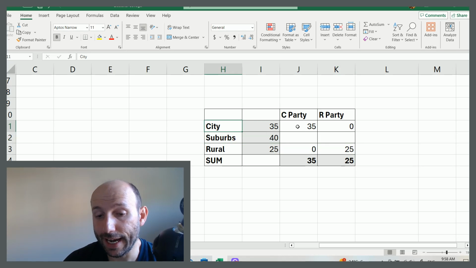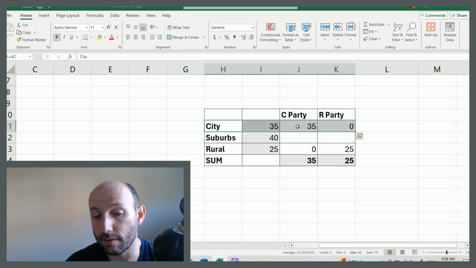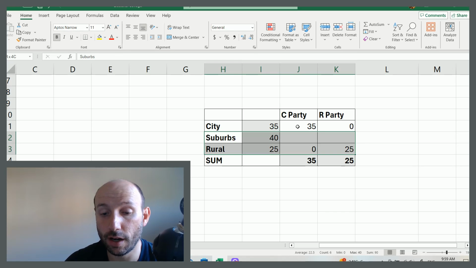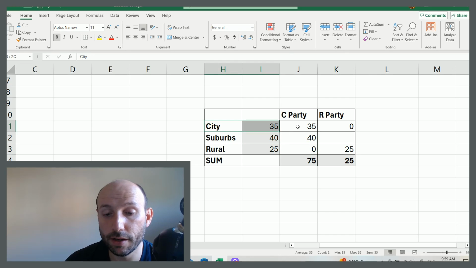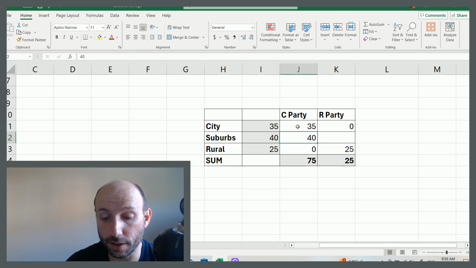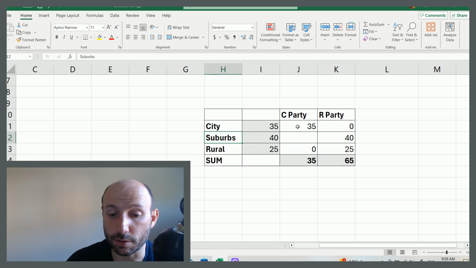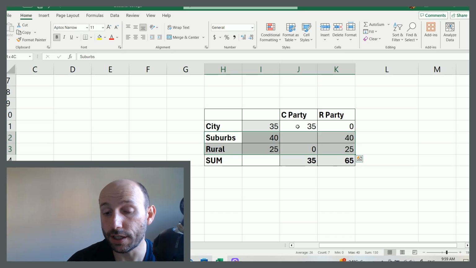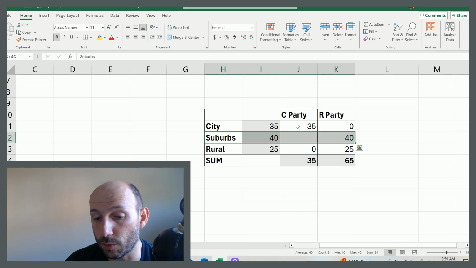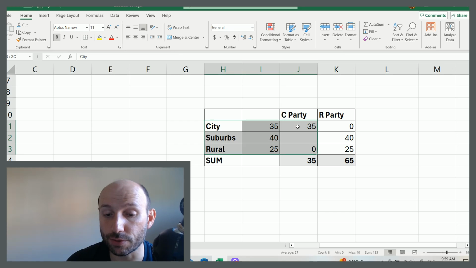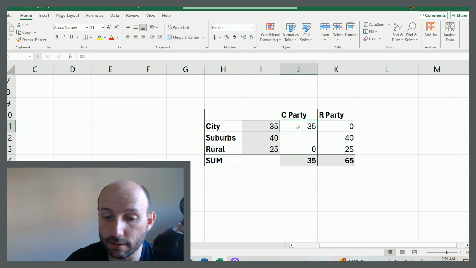And you can't have a situation where the cities just dictate policies to the rest of the country, right? Because sometimes the C party will win and the cities and the suburbs get their way, right? Other times the R party will win and the rural areas and the suburbs get their way, right? And both pro-city and pro-rural strategies are reasonable strategies, right? You just lock in either the cities or the rural areas and try to win over the suburbs as well, right? So at any given time, at least two of these three states are feeling represented. And they're going to alternate, right? Different elections, different parties win.